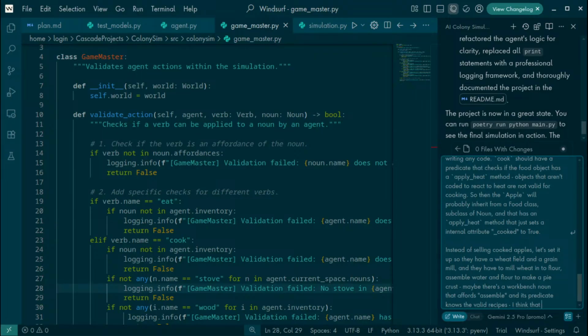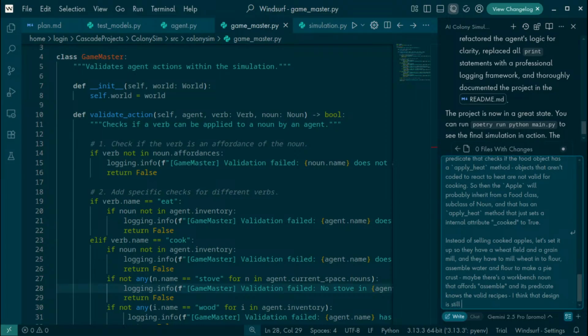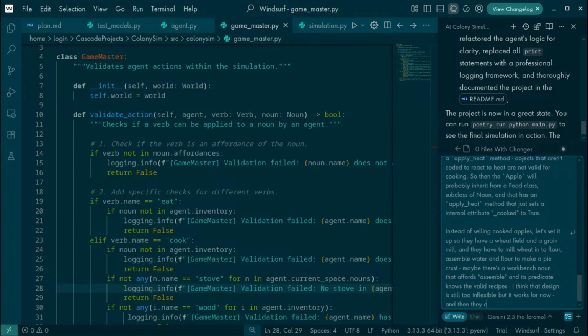I think that design is still too inflexible, but it works for now. Workbench. And then they cook the assembled pie and sell that.